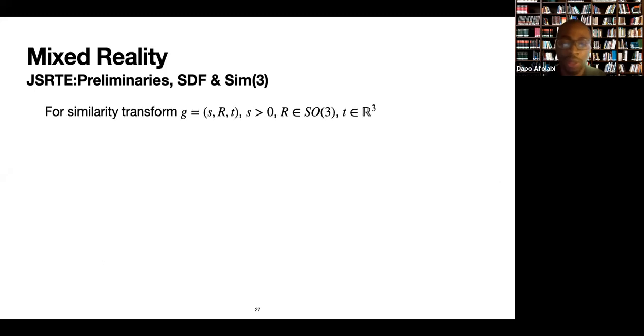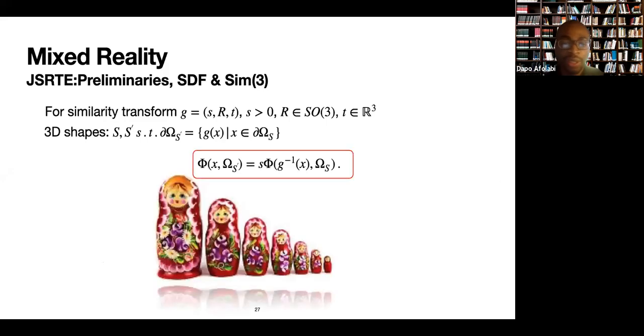The other thing we need to know is what happens to the signed distance function of shapes that are related by a similarity transformation. So given a similarity transformation, a scale, rotation, and a translation, and two shapes, S and S prime, that are related by the similarity transformation, so that one is just a transform of the other, then we know this relationship to be true. So the signed distance function at any point in space for the transformed shape is just